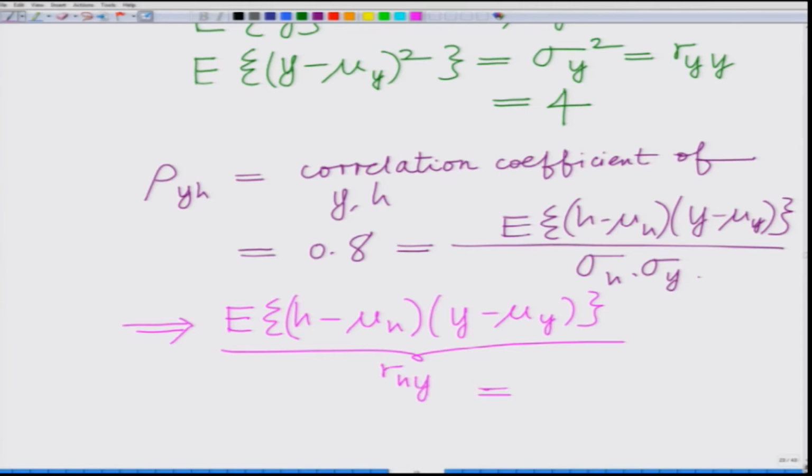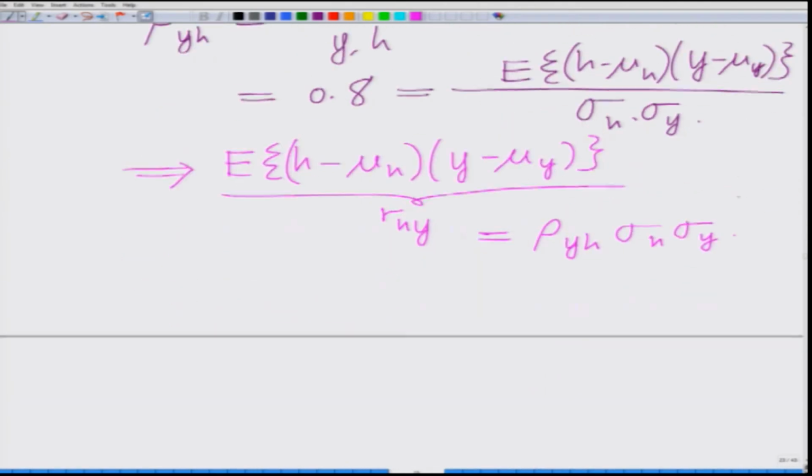You can see this is nothing but rho y h times sigma h times sigma y. Rho of y h is given as 0.8, sigma h square equals 1, which means sigma h equals 1, and sigma y square equals 2, which means sigma y equals 2. So this is 0.8 into 2, which is 4 by 5 into 2,